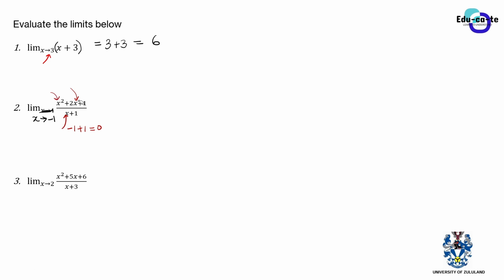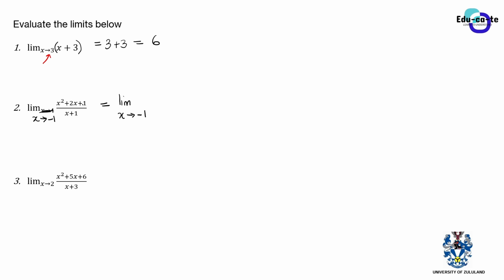How do we find common factors? We factorize. That's the whole purpose of factorizing, so that we find common factors. We can factorize the numerator and say this will be the limit as x tends to -1. And you do not remove the limit as long as you haven't started substituting, so continue writing limit as x tends to -1.